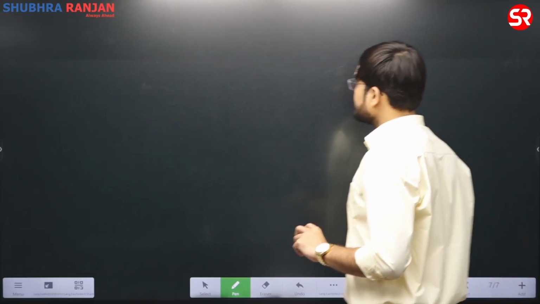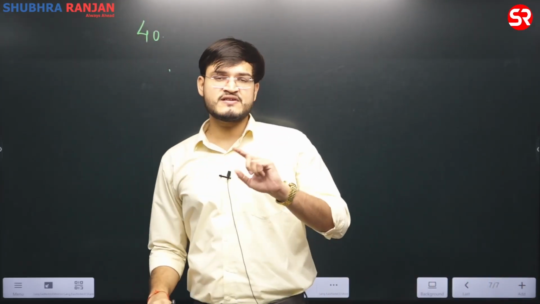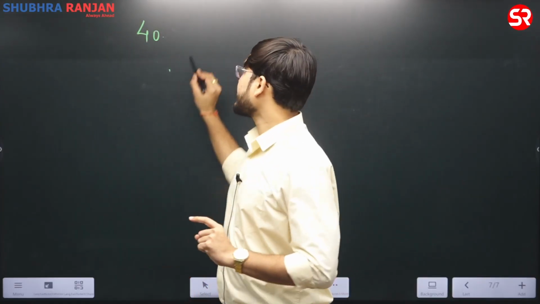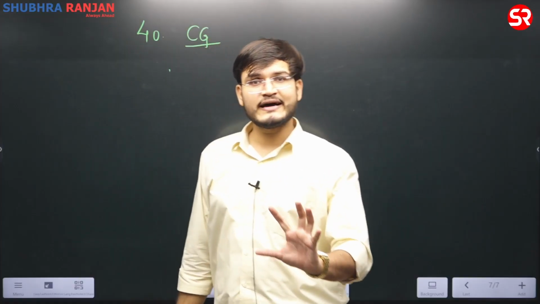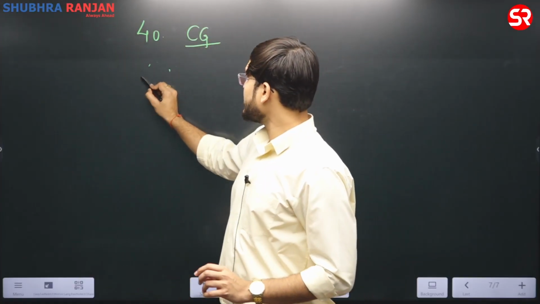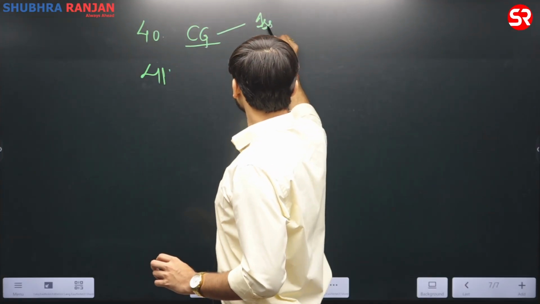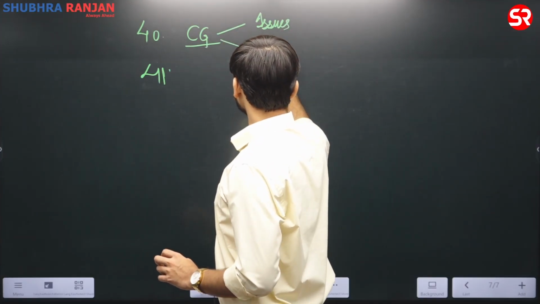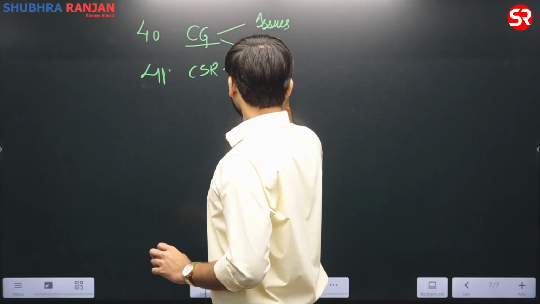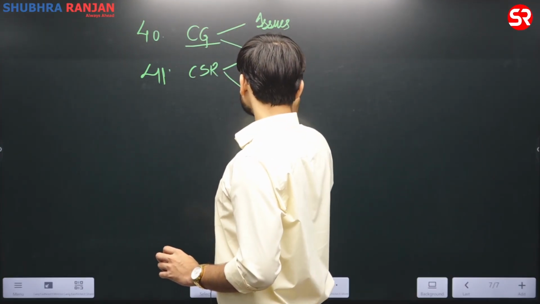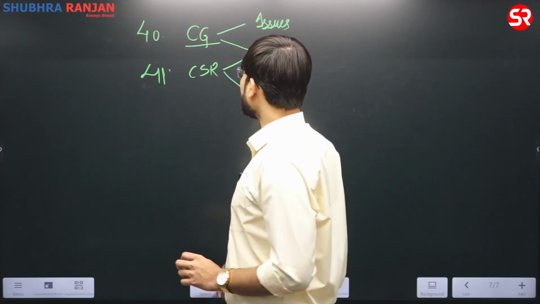Then if you see the 40th theme, which is very, very important from the Unit 6 perspective, it is corporate governance. They will be asked, without this the paper won't be made, so they will be asking. These themes are very important: they can ask questions about issues and way forward of corporate governance, or they will ask about CSR, issues and way forward. You can talk about any questions here from the aspect of corporate governance.